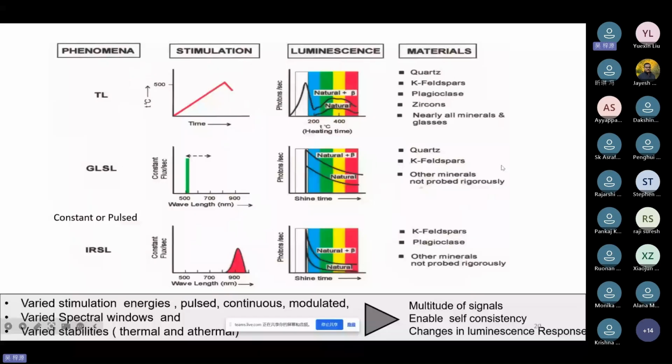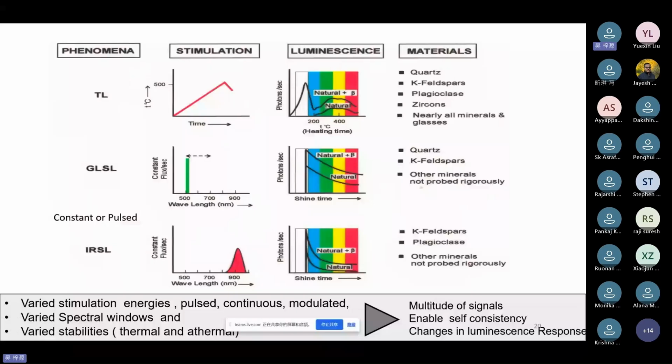We could also use infrared light, and this was the work of Galina Hütt, who excited with infrared light, very small energy, and was able to see a signal in the feldspar. And she was able to explain the physics reason. But again, what we get is the shine-down curve or optical decay curve. And from this, we need to build up our story and understand what message these signals carry. Interestingly, you can either do a constant stimulation or a pulse stimulation,